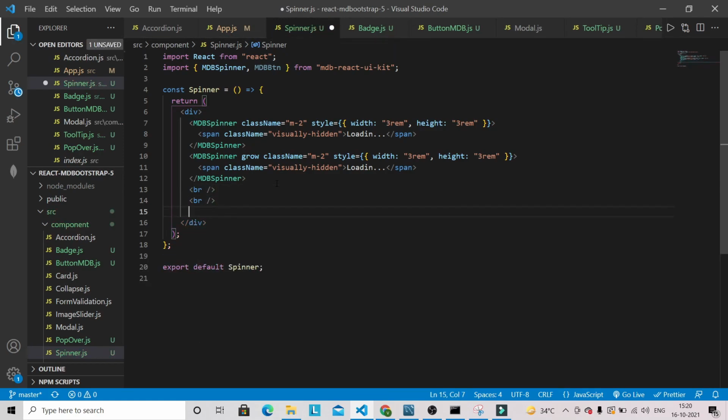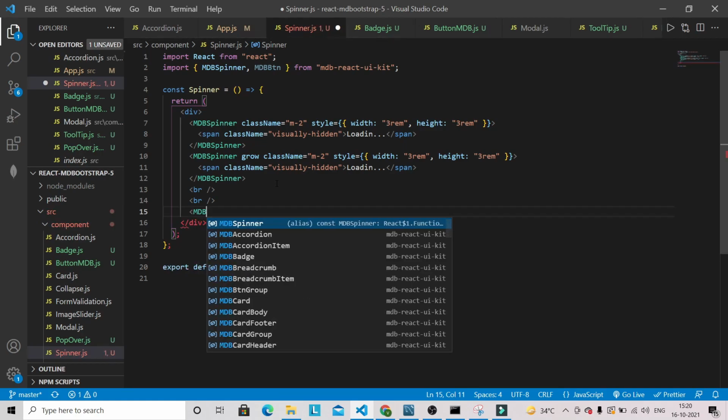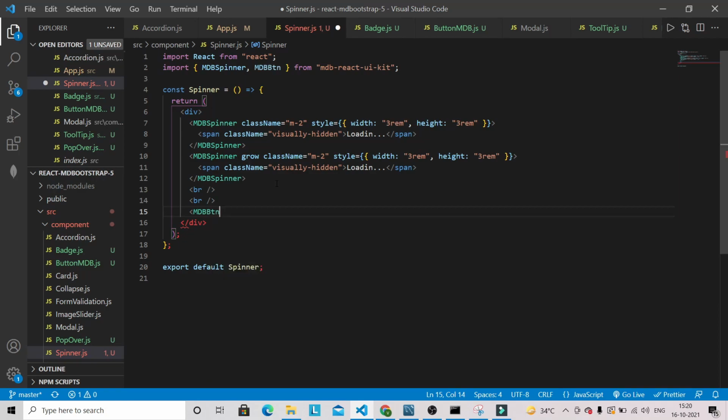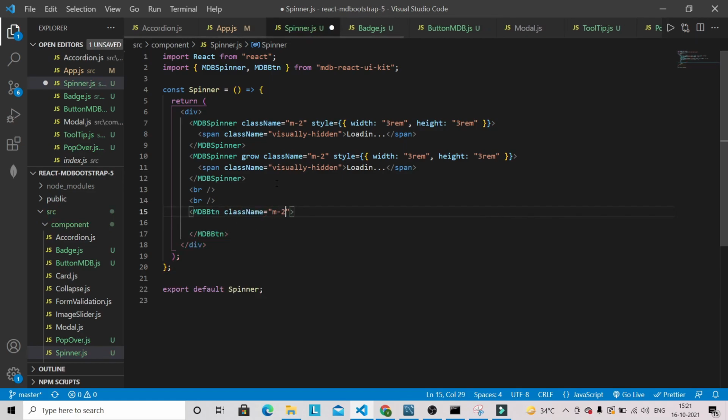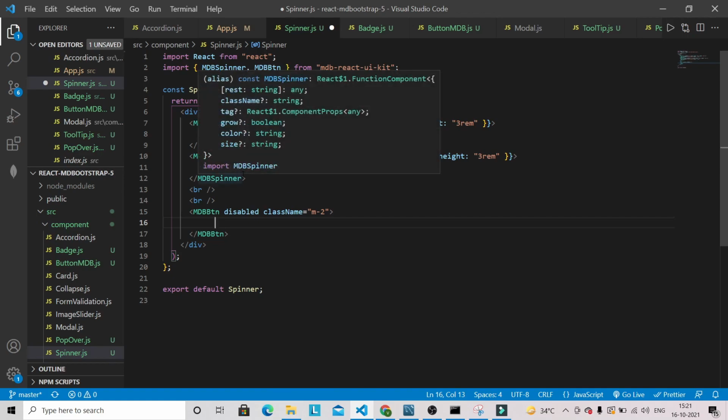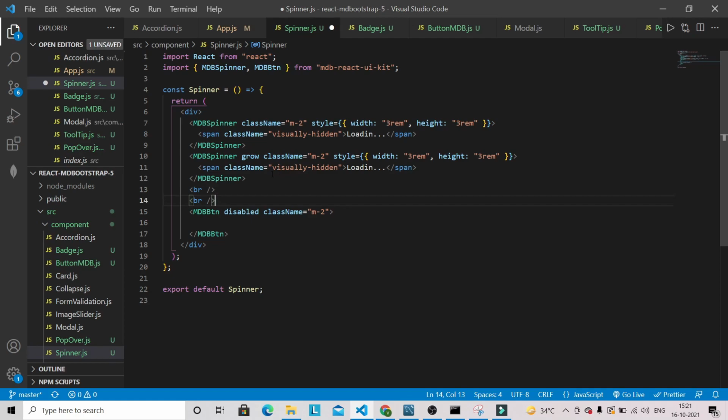Now MDB button, and let's provide class name m-2. Let's give one prop, disabled, and after that we are going to copy this entire thing and paste it here.